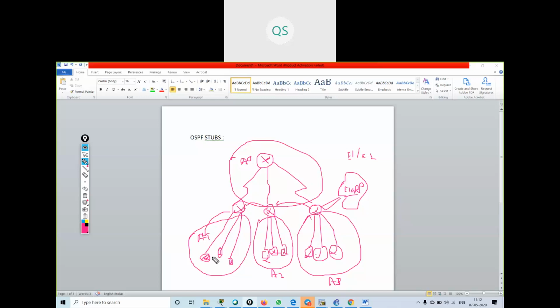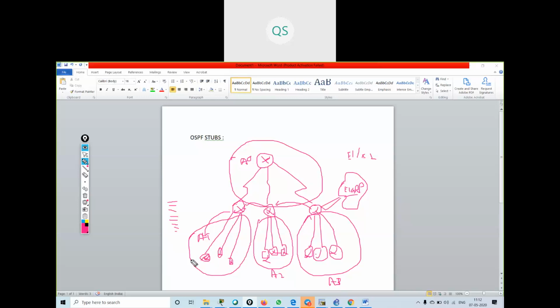These routers will have a very large routing table. So these are my low end routers. I don't want these routers to have a large routing table.